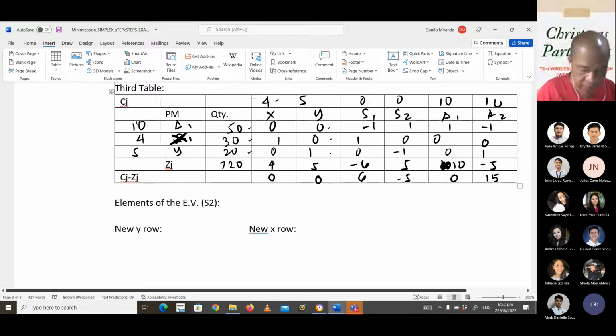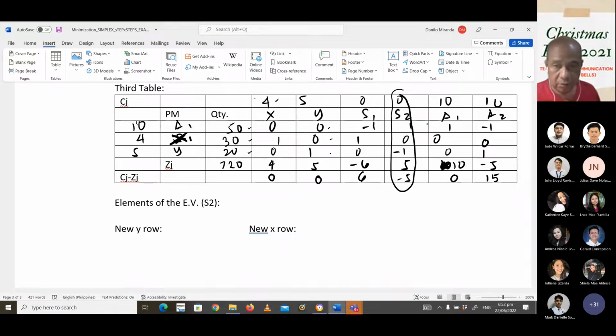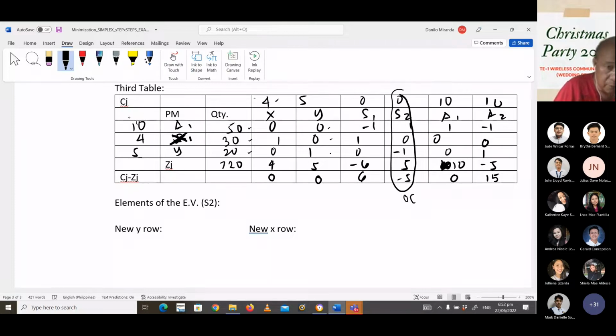for S2. Okay. It's 1. So 1 yan, ano? So that will be your, okay, outgoing column, and then your A1 will be your pivoting row based from our rules. No? Ito yung PR natin. Yan. Okay. So we have 20. So new Y. Okay, so we have